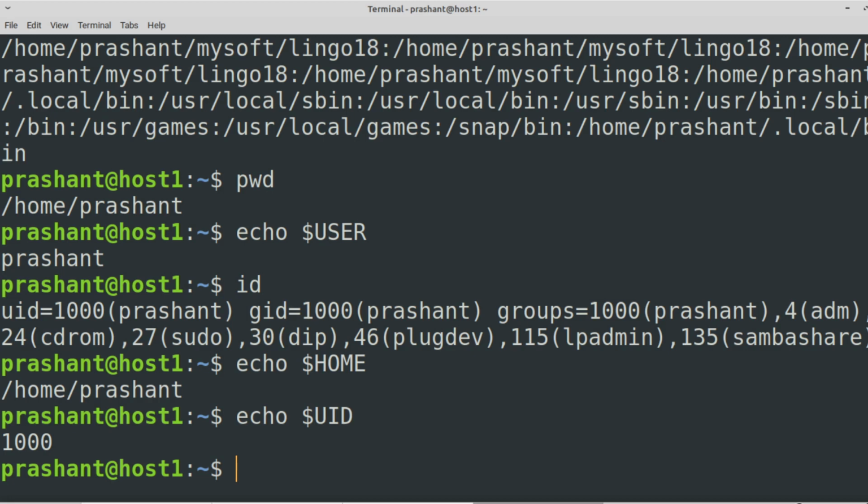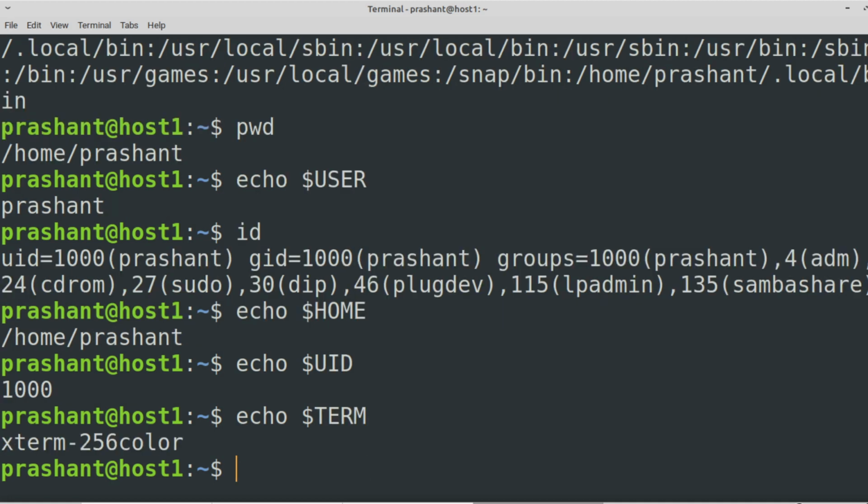Now where are we going to require these values? We need these values when we write a shell script or even when we execute a single command. We need some combinations of commands where we might need these values. Let's say one more environment variable, TERM. I'm using xterm, so this is the value. There are lots of environment variables. You can get the list by typing env or from any book.